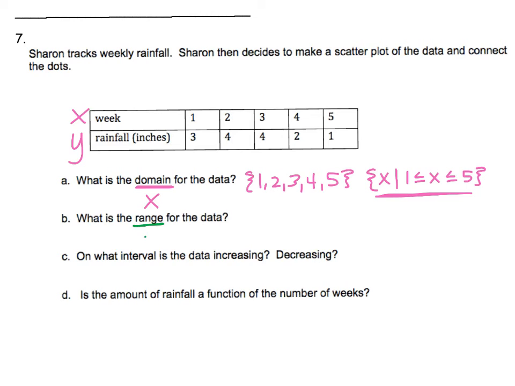What is our range? Remember, those are our Y values. So we have 1, 2, 3, and 4. If we wanted to write it in the fancy notation, it'd be all Y values such that it's between 1 and 4. When is our data increasing? So looking at our rainfall, it increases